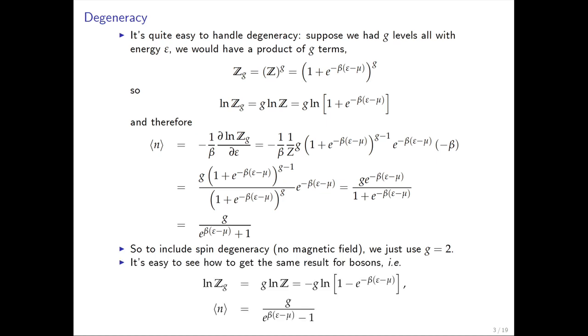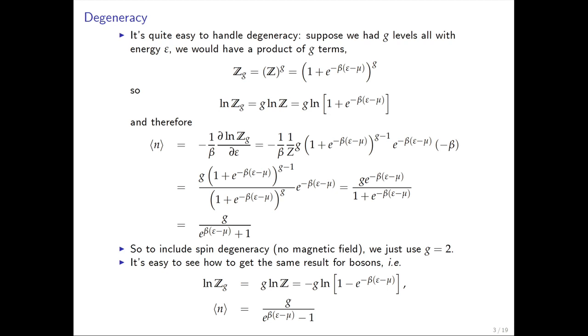Well, this has nothing to do with being fermions. If we had bosons that had some spin, so if it were spin 1, this G would be 3 with no magnetic field, or if they were degenerate. And so, of course, we would have the same thing. We just multiply by G, basically. Okay, so it's quite simple with degeneracy, and especially spin degeneracy, or any other sort of fundamental degeneracy,